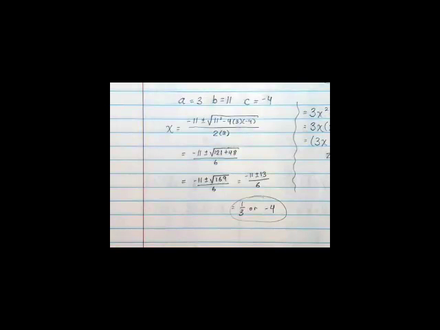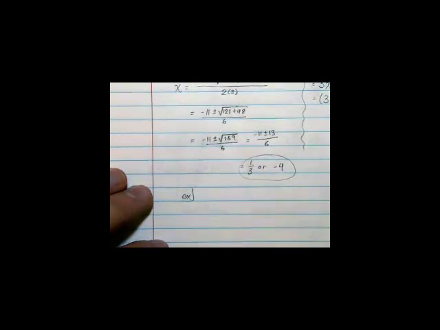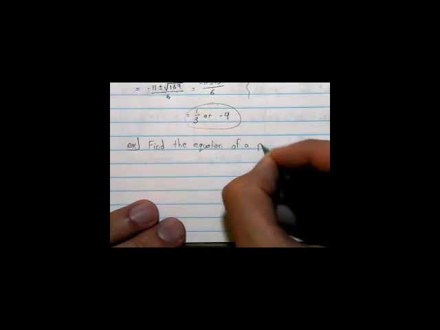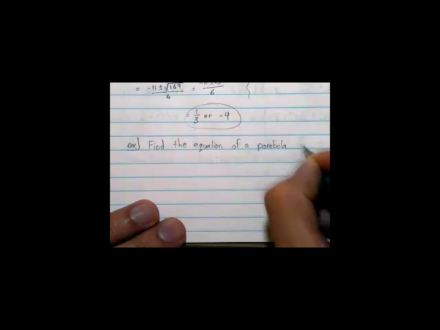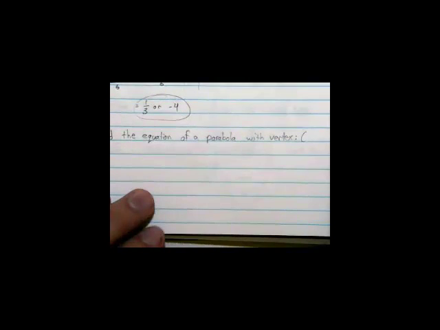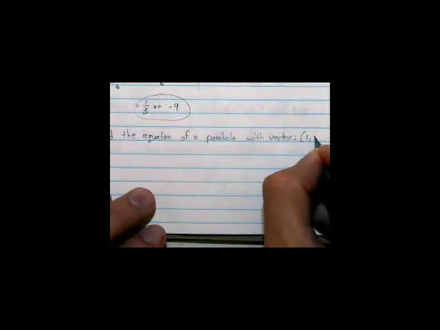Very last thing, and then I am done, I swear, is I forgot to do this. I should have done this when we were talking about vertex form. But there are going to be some questions in your homework, and I inevitably get people confused by them every year, so I just wanted to do one with you. We're going to find the equation of a parabola with a vertex given. So let's say equation of a parabola with a vertex at 1, 3, and it's also going to go through the point